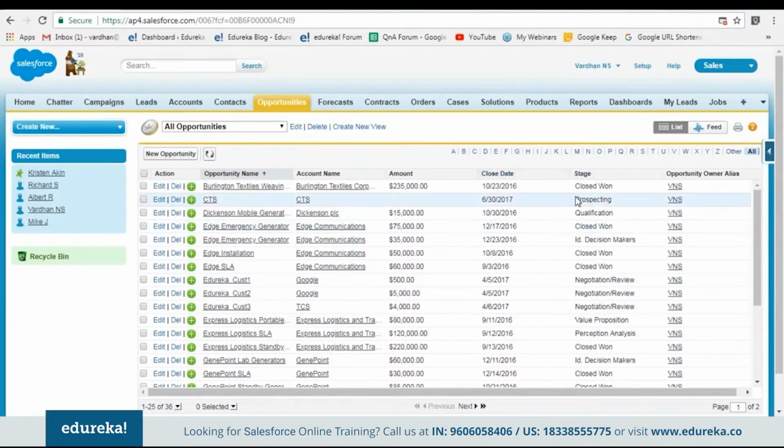and then the stage, right? Is it a closed one? Is it a prospecting lead? Has he qualified to be an opportunity? All these things. So you have various opportunities here, and especially if you're a person from a sales background, you will understand a lot of things here. You will understand how easy it is to maintain your customer records over here with the help of such a